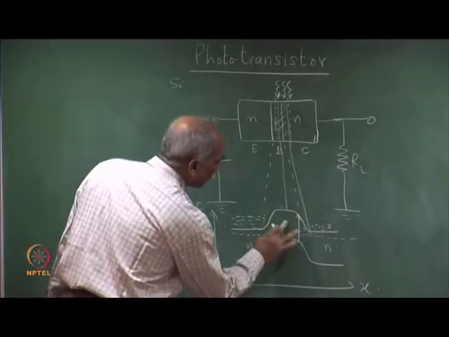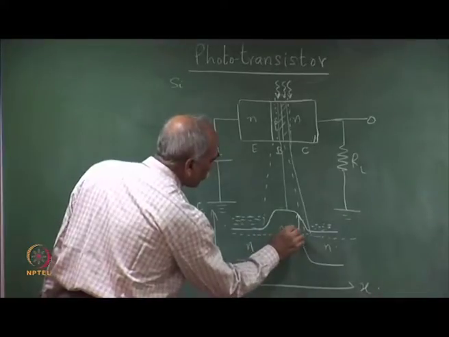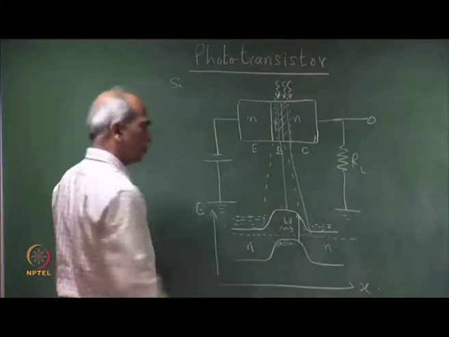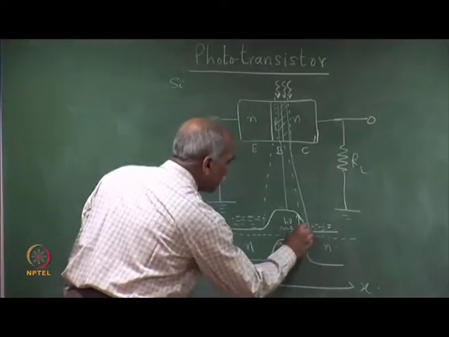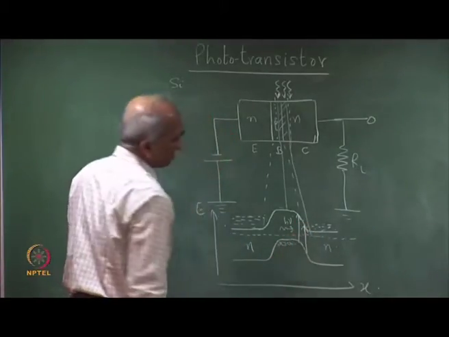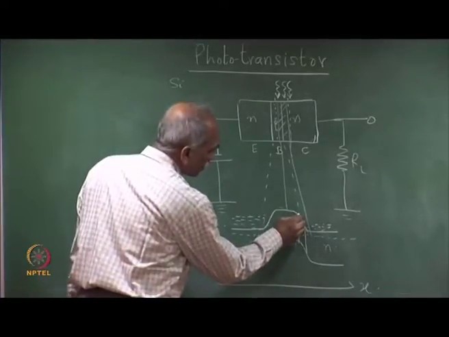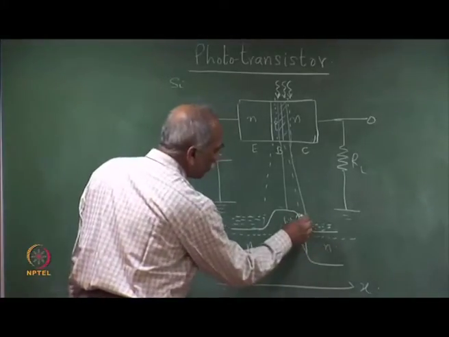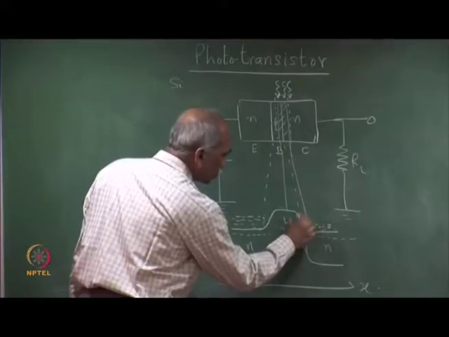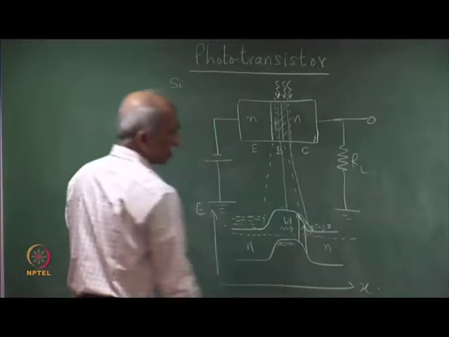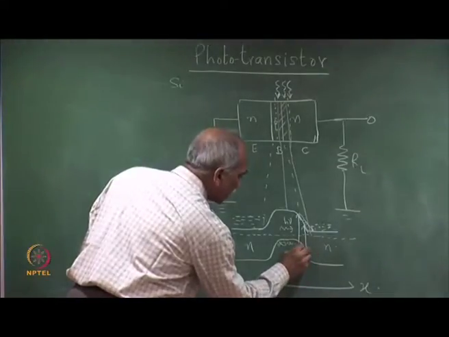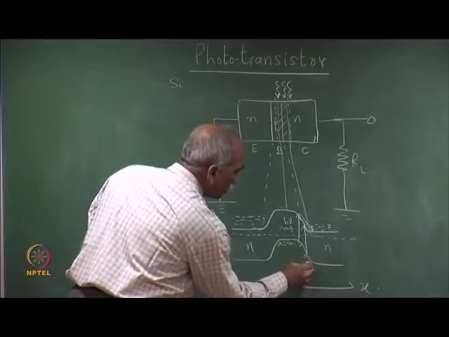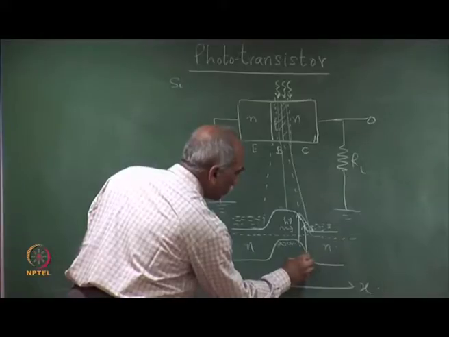So, let me show the incident photon, h nu. In this region it creates an electron hole pair. The electron which is here comes down the slope. So, the electron flows down the potential slope here. The hole which is generated here, the positive hole,